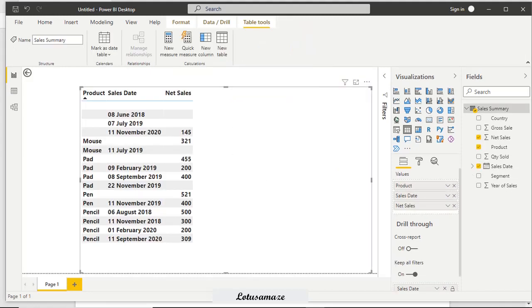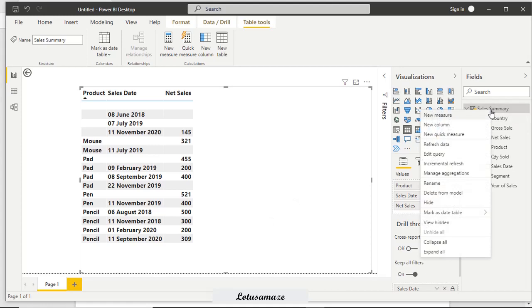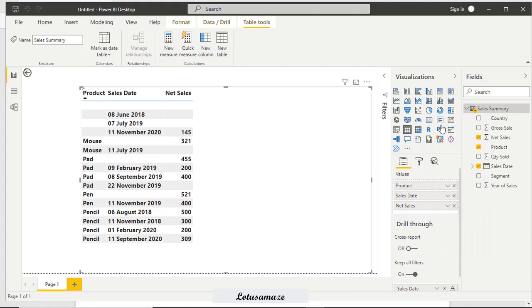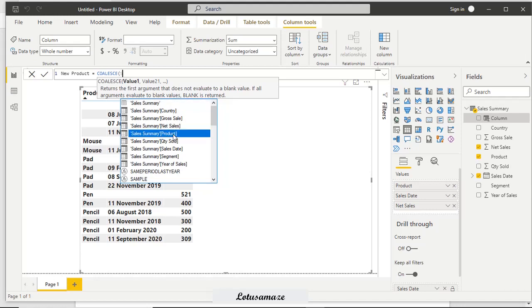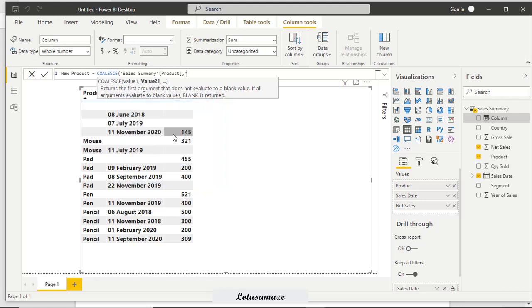Now we check the table. We create a new column for the product: COALESCE(product, "keyboard"). Now execute.